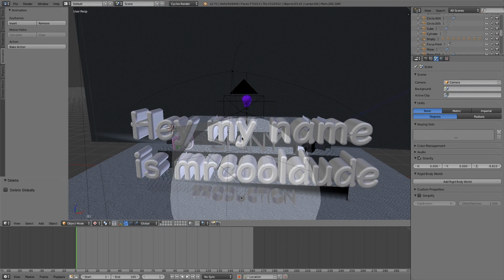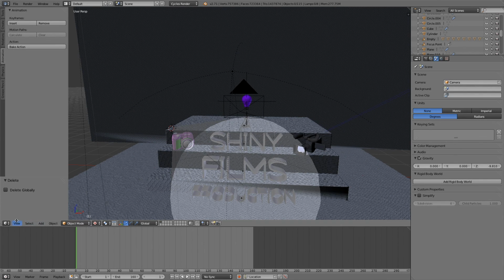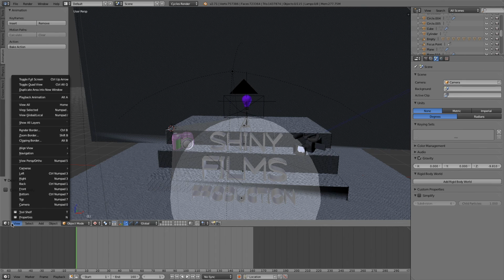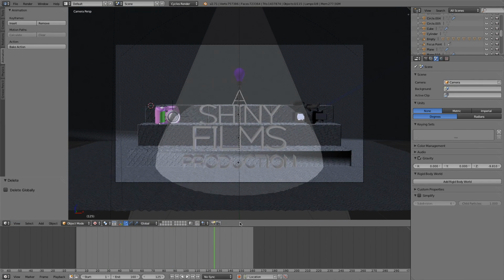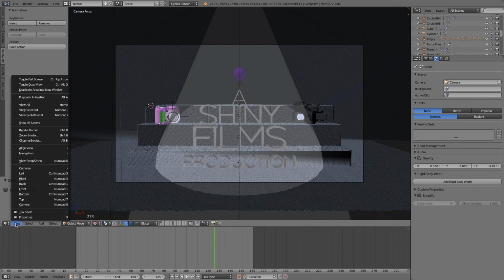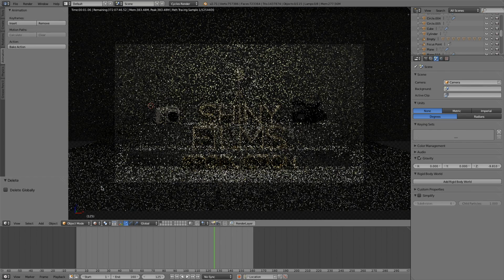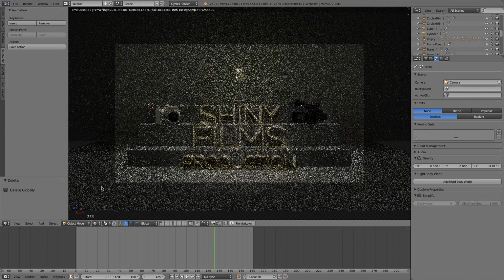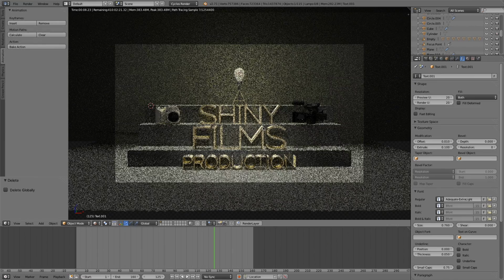So for the text, if we look at the material of the text here, let's just go to our camera view. So we can go to view and camera, or if you're on a numpad, let's just scroll to the end of this animation. If you're on a numpad, you can press 0, I think it is. Don't quote me on that though. Yeah, it's numpad 0. And so now we can change it to viewport shading rendered, and this is what it'll look like when you've completely rendered everything. So let's just select the text here. I'm going to select the films text,